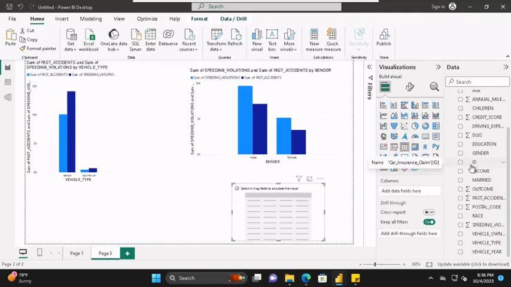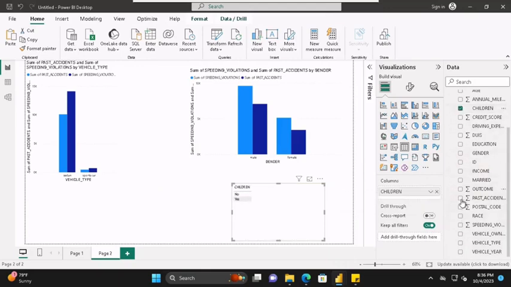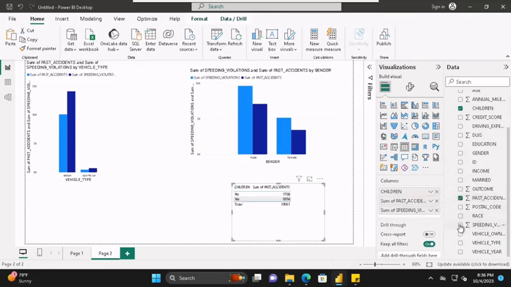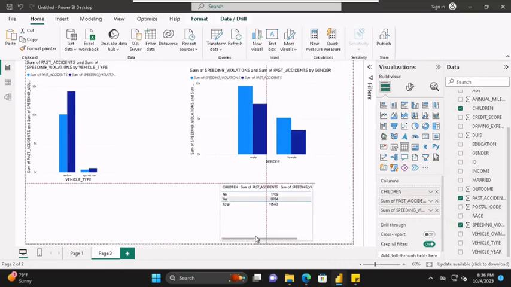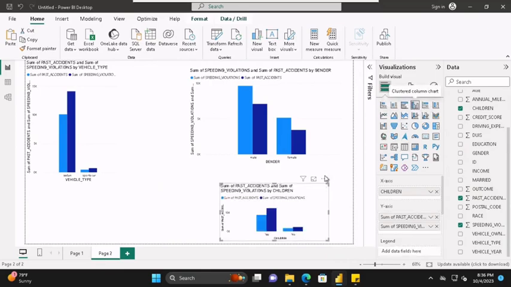Then, what do we want to check? Basically, we are dealing with accidents, that kind of thing. So we'll check if you have children against accidents and speeding violations. Wow, this is interesting. I'm seeing things already. So stacked charts. Okay, good. So those that have children,